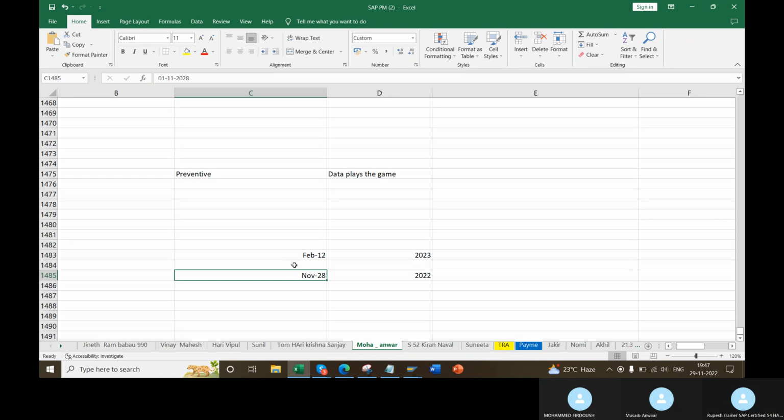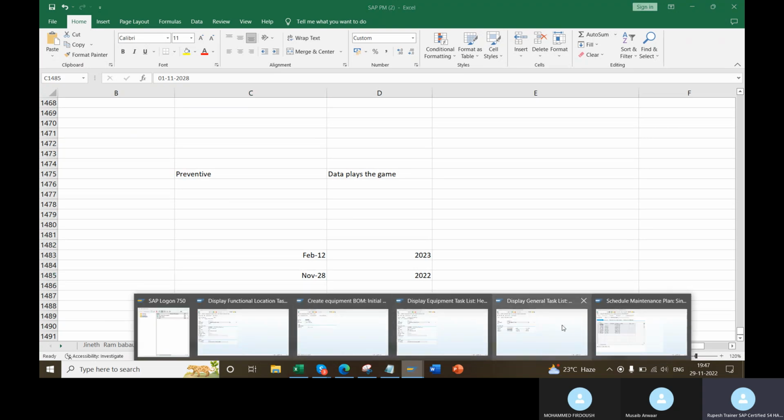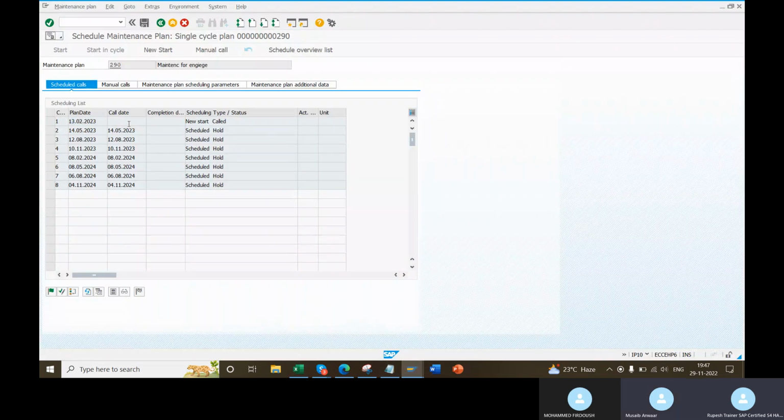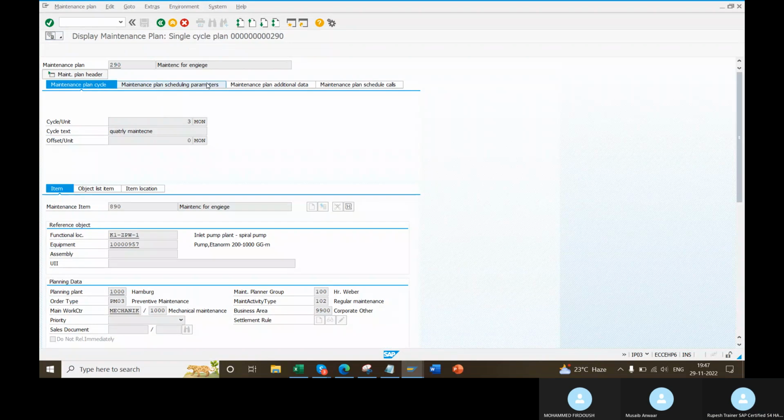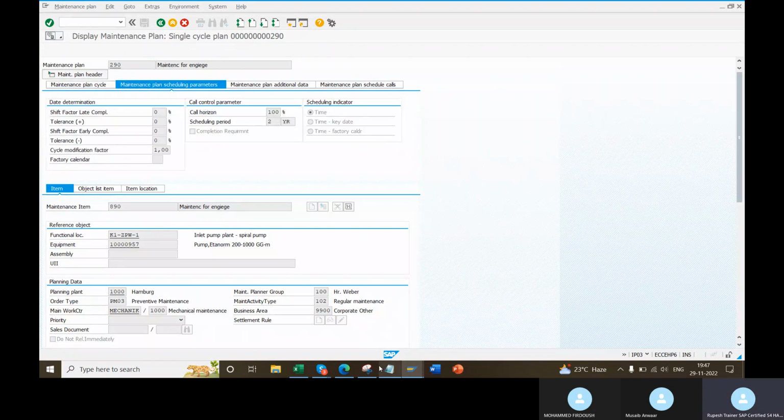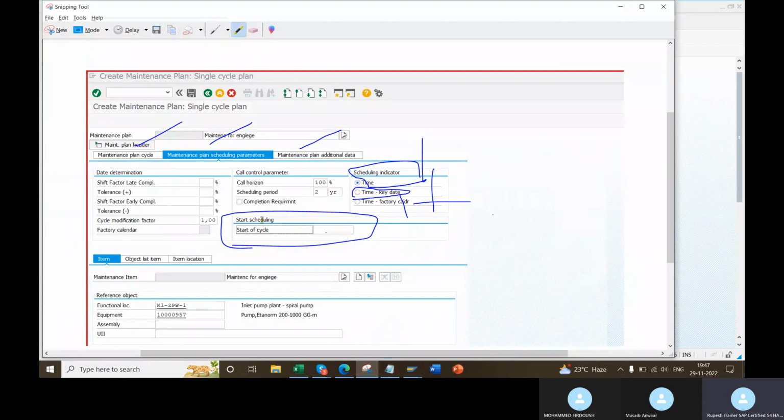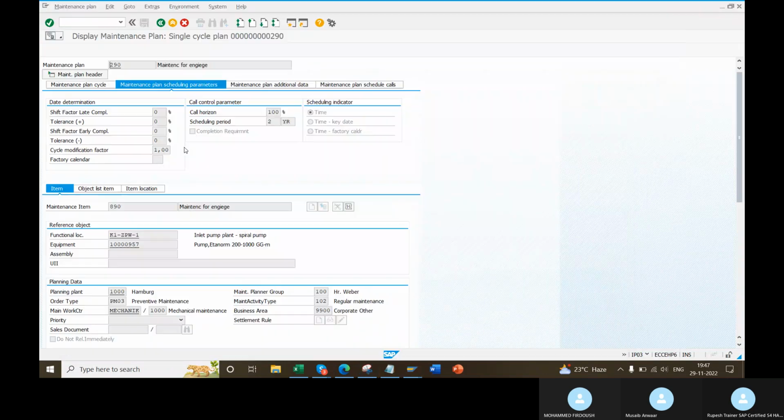What I thought, order will generate today. What I didn't calculate was these 3 months. It will take 3 months. If your plan is scheduled for this date, see, now this field is missing, and the 4th tab came here.